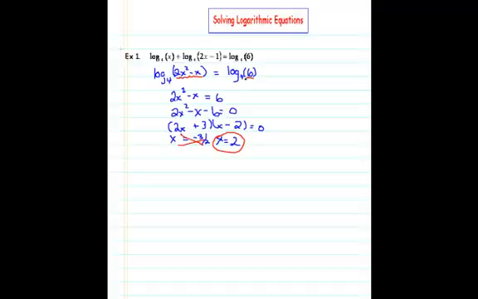Now let's take a look at our second type of problem. In the second type of example, you'll notice that we have logarithms only on the one side of the equation, not on both sides, so we won't be able to use that one-to-one property. We are, however, going to continue the idea of using our properties of logarithms, one of which says that this 2 can be written as an exponent on the 3, so that we have the log base 16 of 45x minus the log base 16 of 3 squared, or 9,